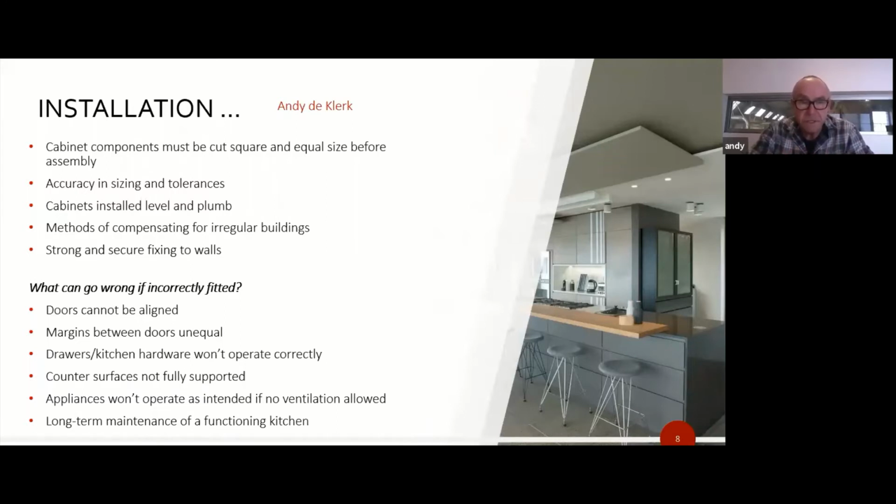Kitchen cabinet companies start on the floor. They have these black adjustable feet that are screwed to the bottom of the cabinet that can level out your carcasses. We don't use that. We use